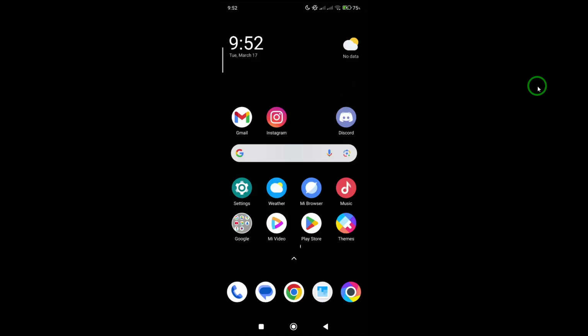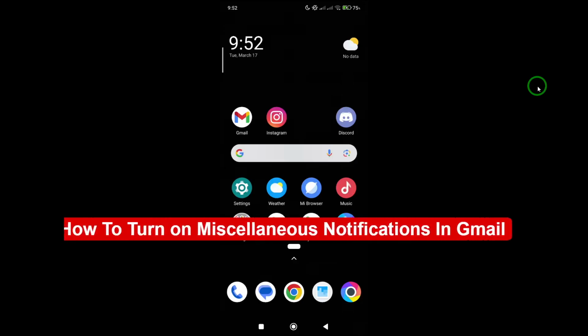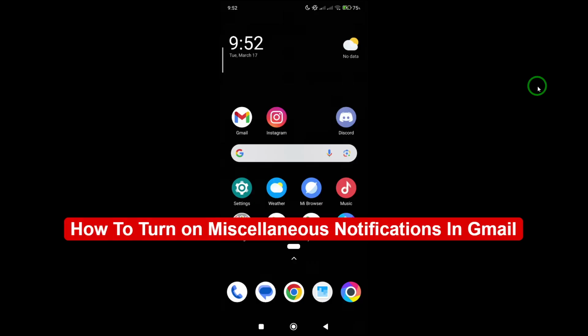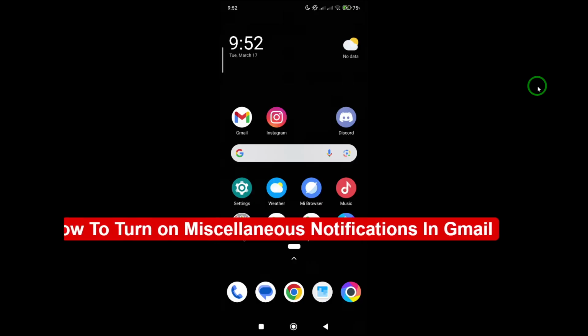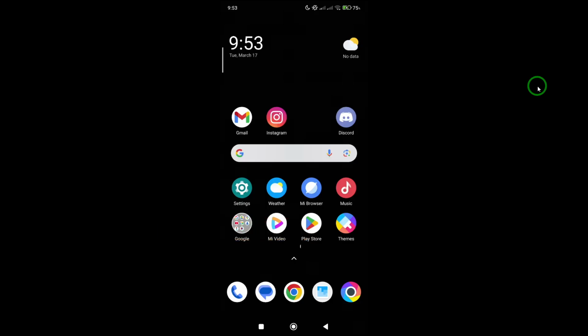Welcome to this quick guide on turning on miscellaneous notifications in Gmail. If you want to stay on top of those smaller updates without being overwhelmed, this can be a game changer. Let's walk through the steps in a simple, straightforward way so you can customize Gmail's alerts just the way you